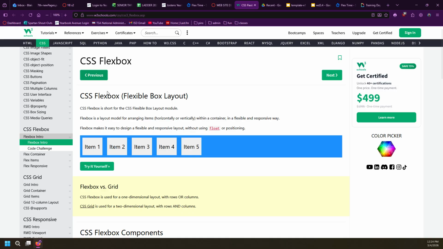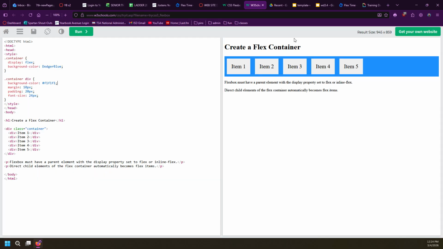So if you click on the try it yourself, and we look at our flex container right here with our 5 items, those are all dividers. And if you remember back to last week, where we talked about block level elements versus inline level elements,